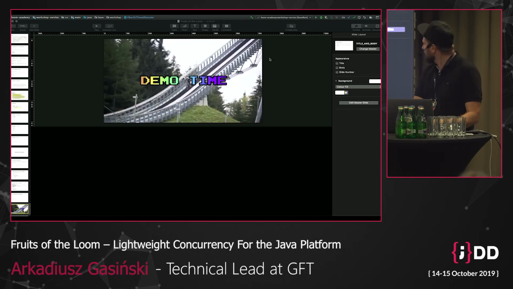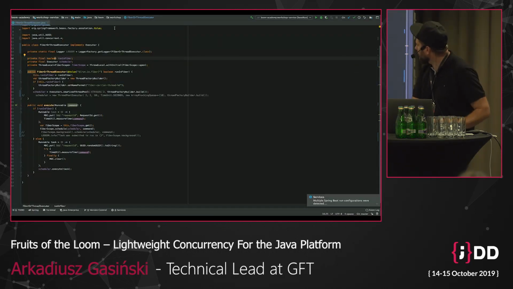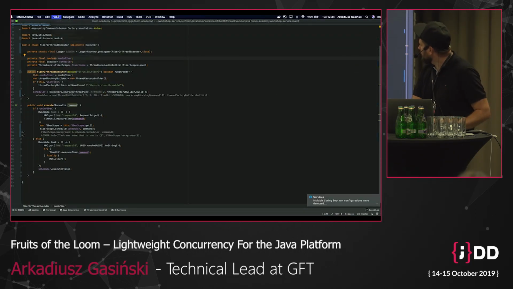It is completely gone. Let me close that. Okay, here we are.